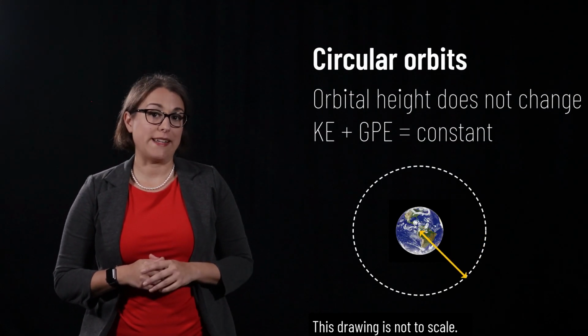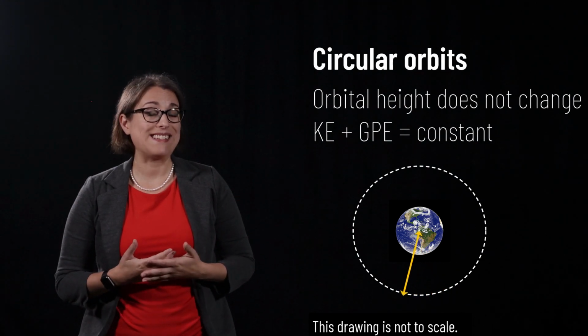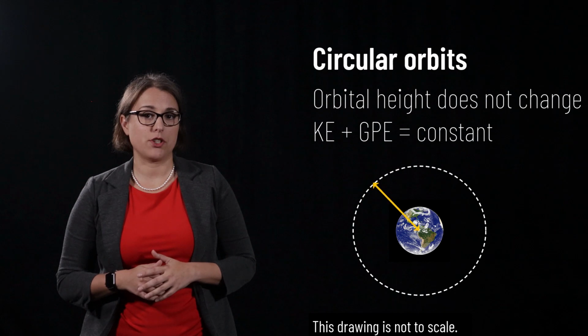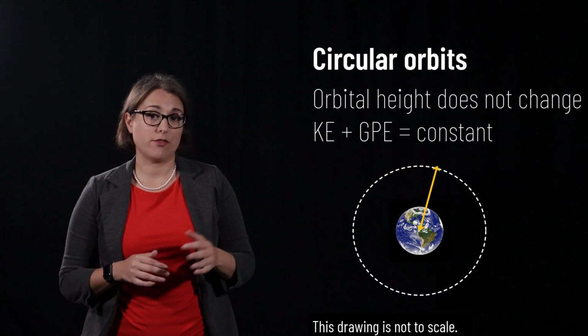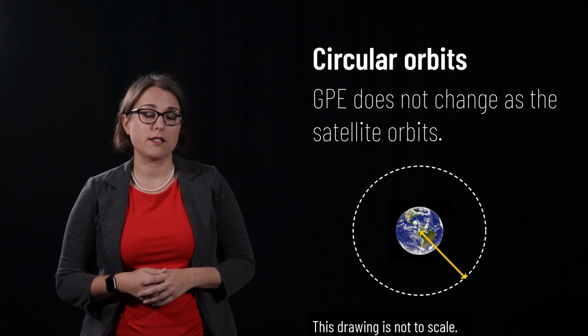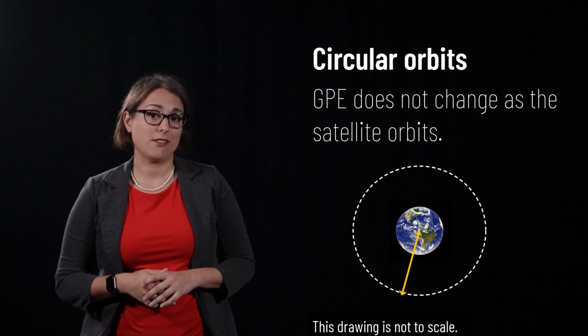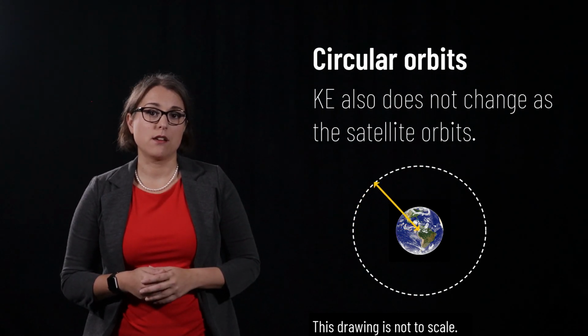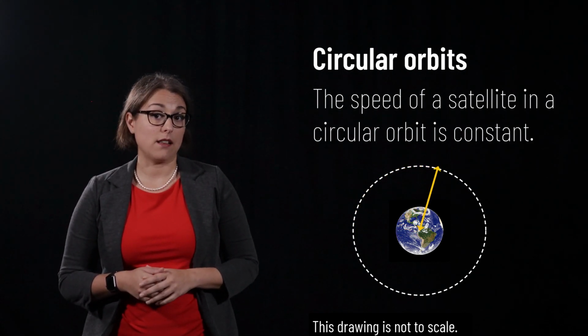In a circular orbit, the height above the Earth's surface remains constant. Considering the conservation of mechanical energy, because the orbital height remains constant, the GPE is constant throughout the satellite's motion. Because mechanical energy is conserved, the KE must also remain constant, causing the speed of the satellite to remain the